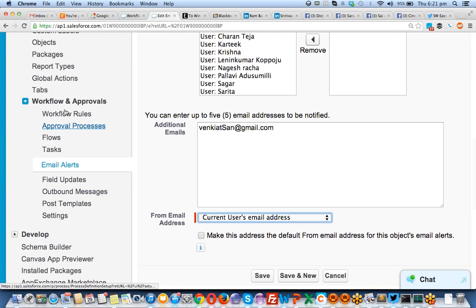Now going back to approval process. What is approval process in a company? I already explained the scenario earlier, but it's a very small scenario. In a company, you are working under a project. When you have expense,